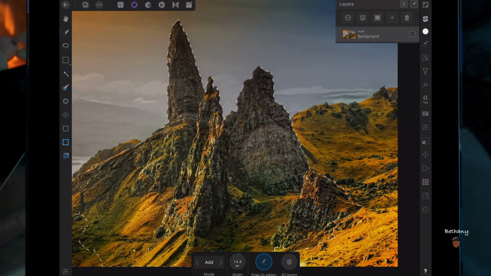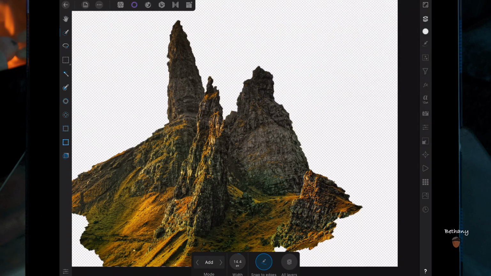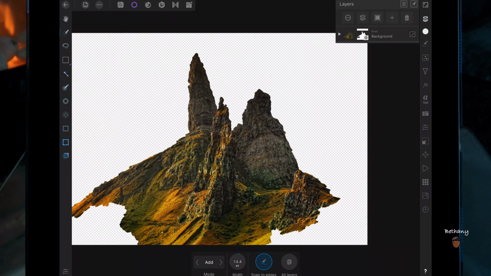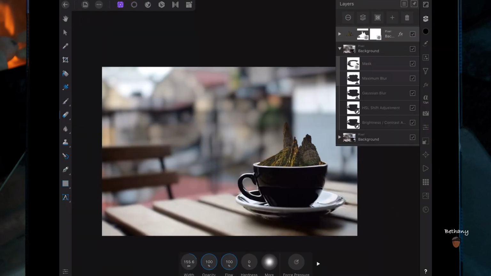So then once I'm happy with the selection, I'm just going to add a mask layer. So that's going to get rid of the background, and then I'm just going to click deselect. I'm going to bring that picture over into the picture of the teacup. And then using the move tool, I've just resized it and placed it so it looks like it's in the